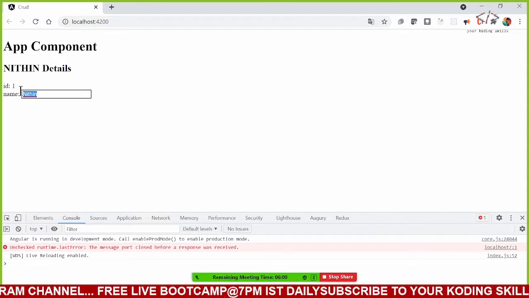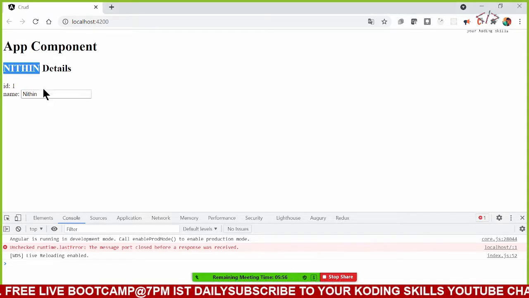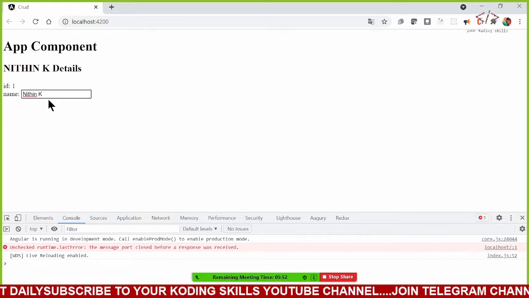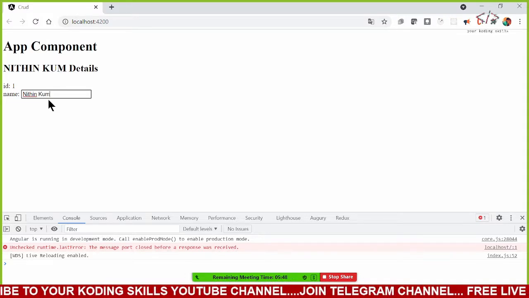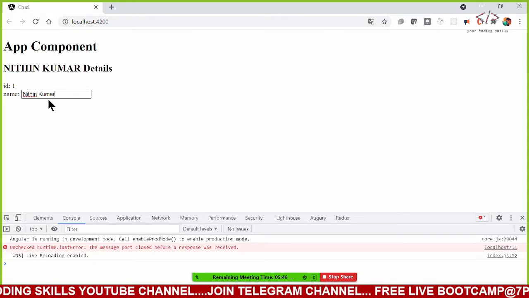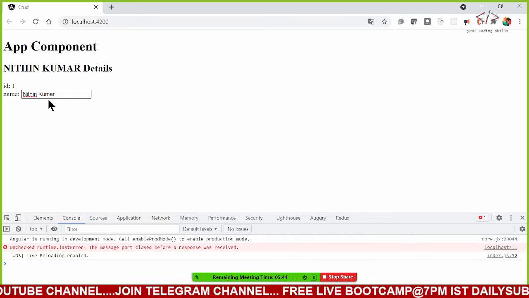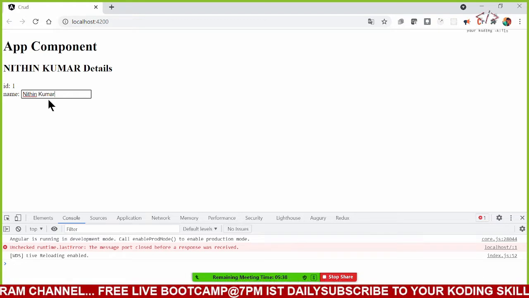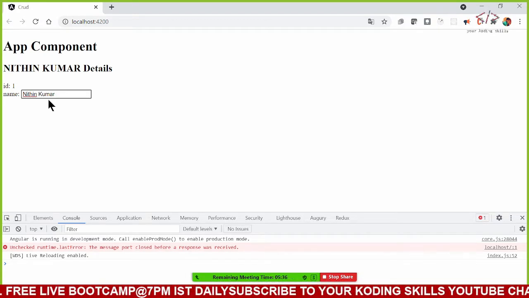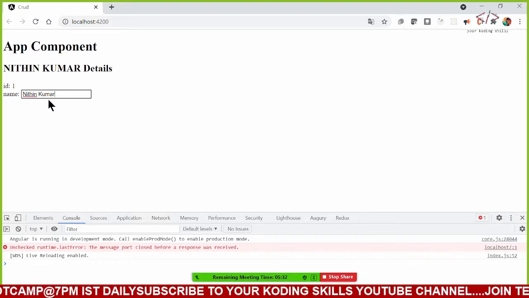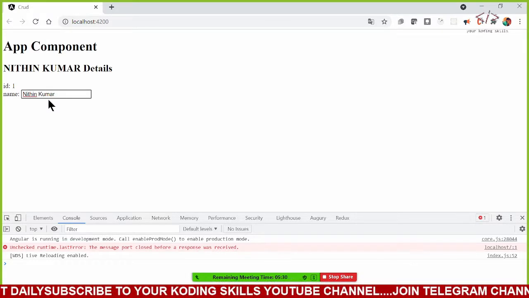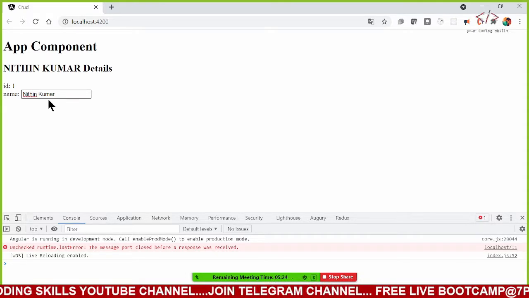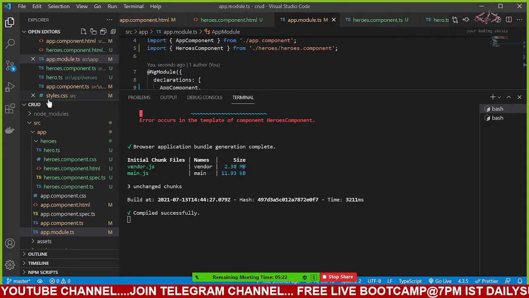For example, currently the output is Nitin. Nitin is displayed here. For this, if I add space, a space will be added. And now if I add K, see K is added. See how fast it is. Kumar. So for example, if you have an input box, a check box, a radio box, any user interactive attributes in HTML, let it be a multi-select, a checkbox, a radio box, or inputs of different kinds like type equals text, type equals number, and many things. Any user interactable form, for that individually you can add an ng model.